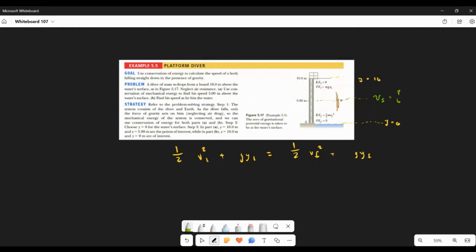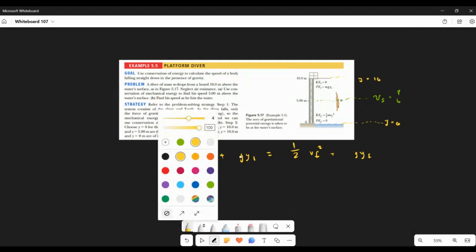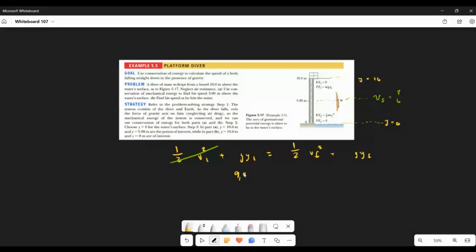None. Gift is completely wrong. He only has potential energy. That is correct. So what it means is that this term is gone. So we only have g times y1. Obviously, when you remove the mass, in this case, we have 9.81 times 10, right? That equals. Now my question is,